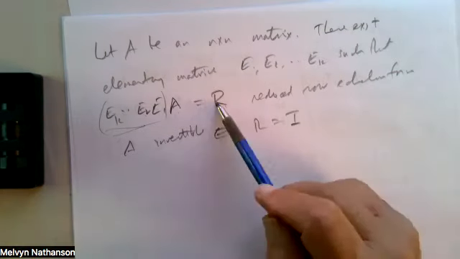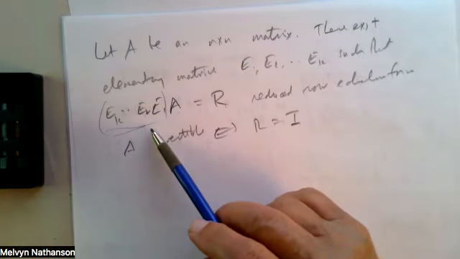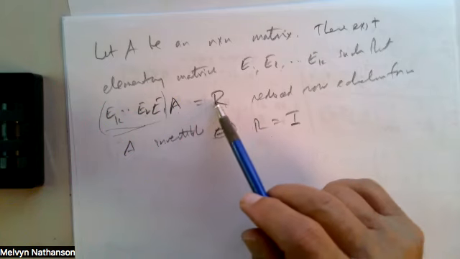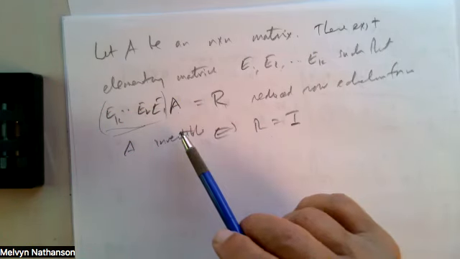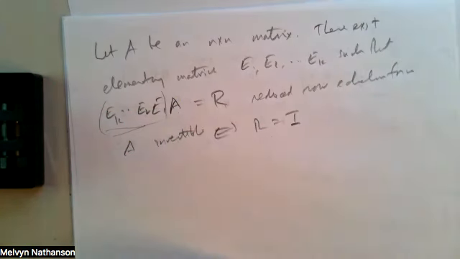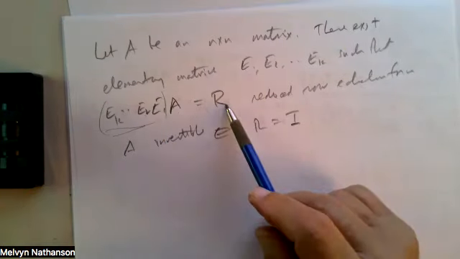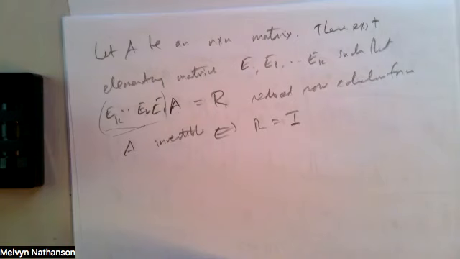So if R is the identity, A is invertible. But if A is invertible,